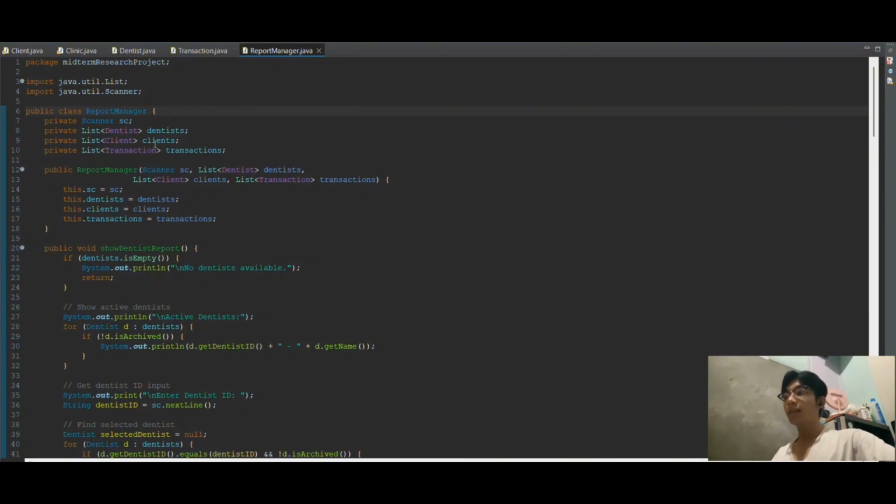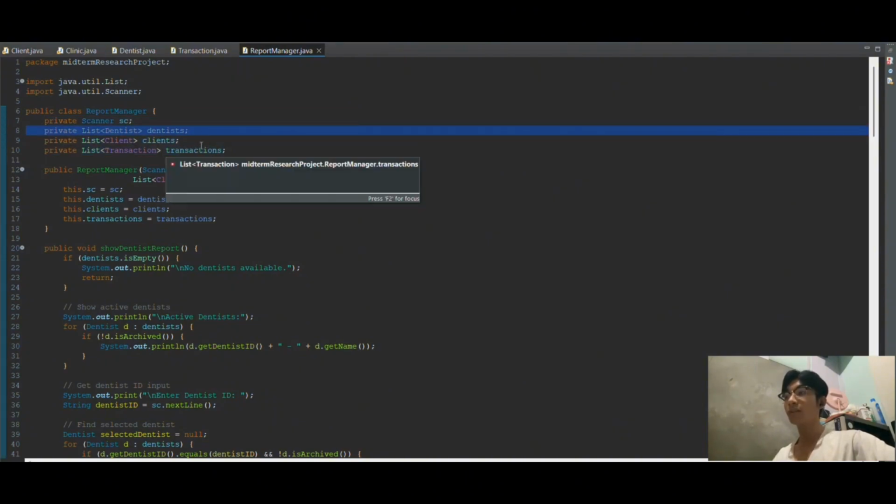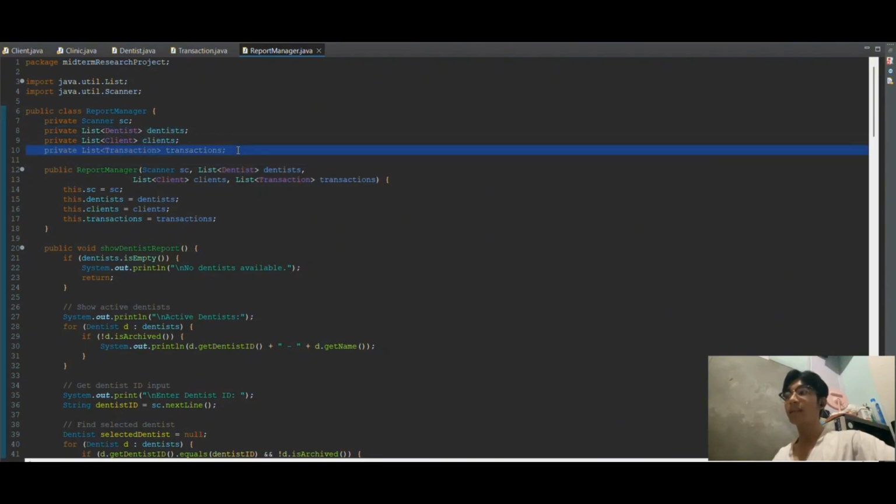Inside of it, it has the attributes scanner, list dentist, list client, and list transactions. So this list dentist will store all the dentist records, as well as the list client and list transaction, which serve as lists to store the client and transaction records.